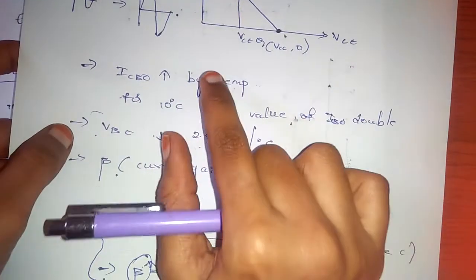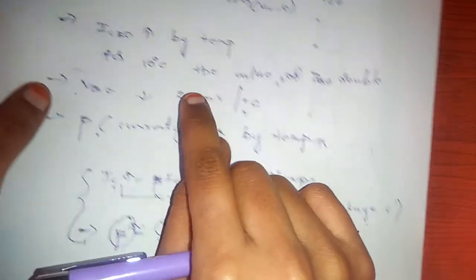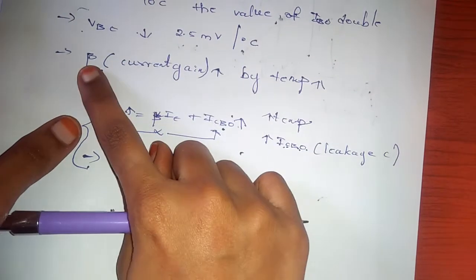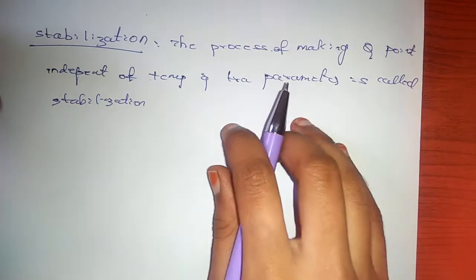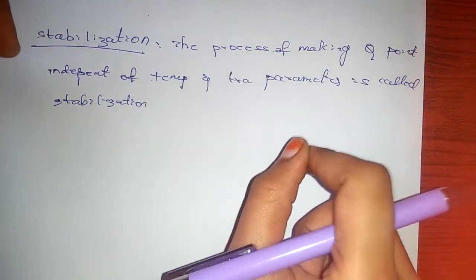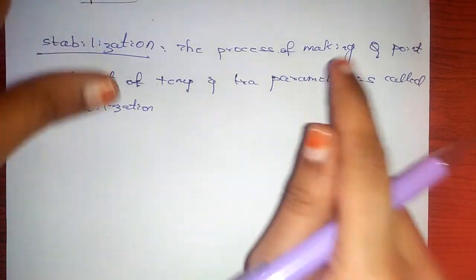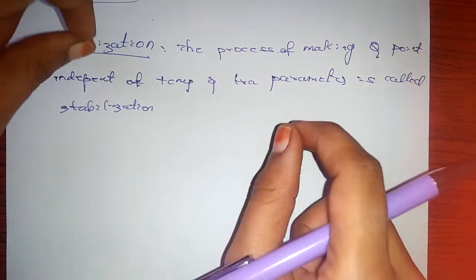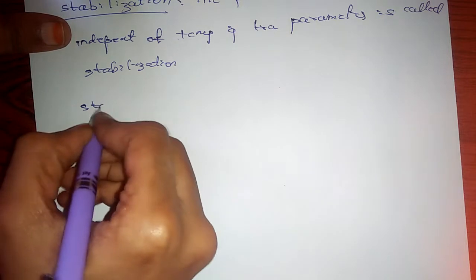We know that due to temperature, ICBO and VBE will change, and the beta factor will also change. So we have to make sure that the Q point is stable to get the proper output without any distortions. So let's also know the definition of